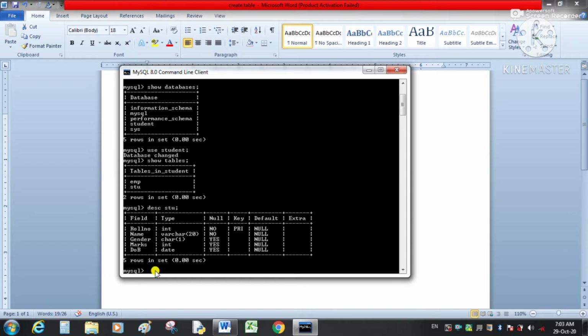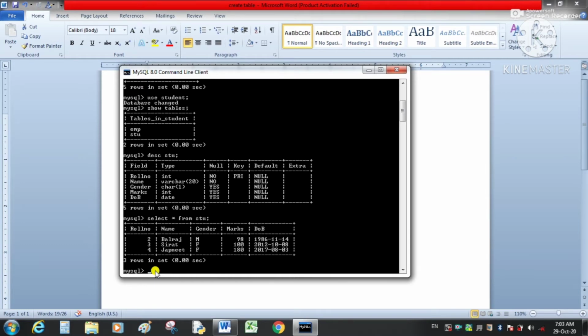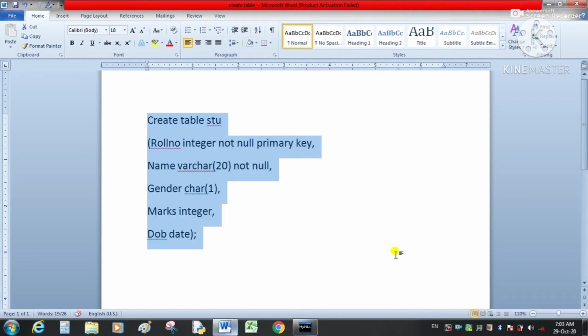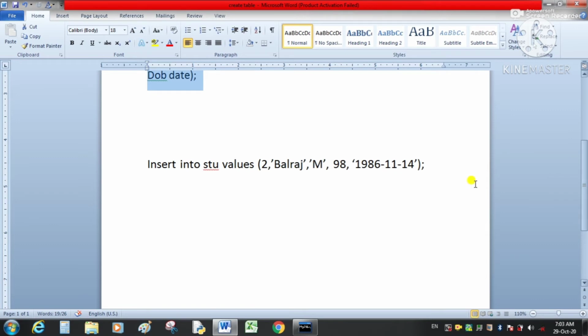Now to see what data is inside this student table, we will use the select command. Select star from table, and our table is stu. So here is the data inside our table, and to insert the data into the table we have used the insert into command, a data manipulation language command.